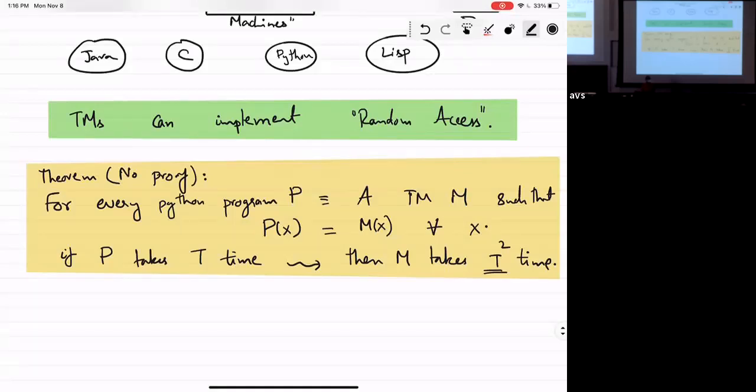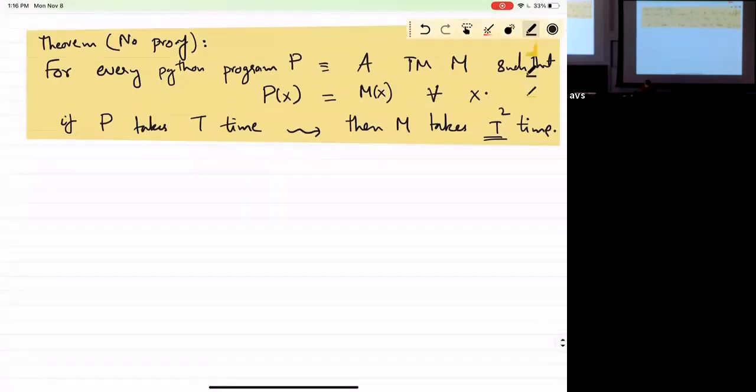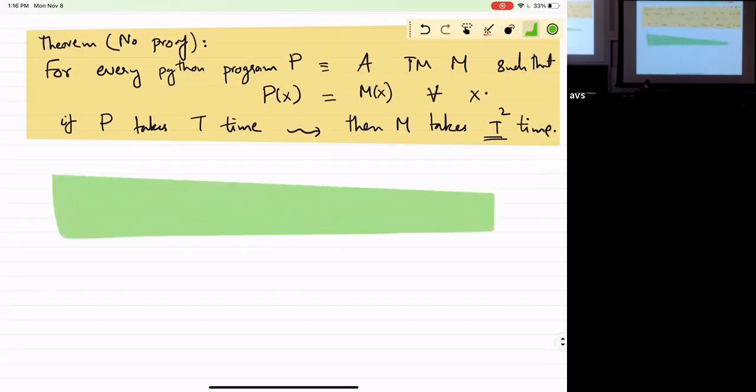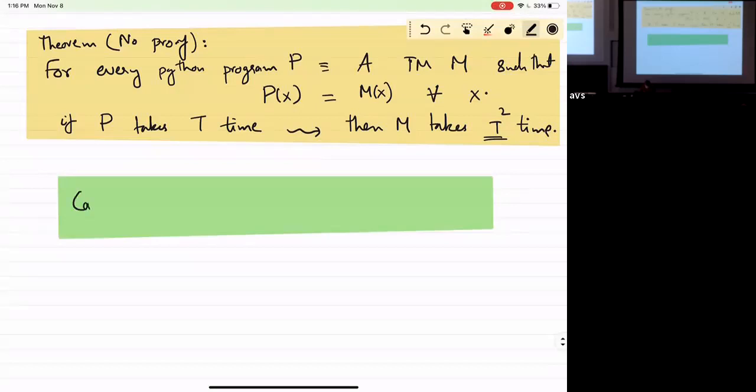One thing you can say is, can we go beyond Turing machines? What are some things you can try?